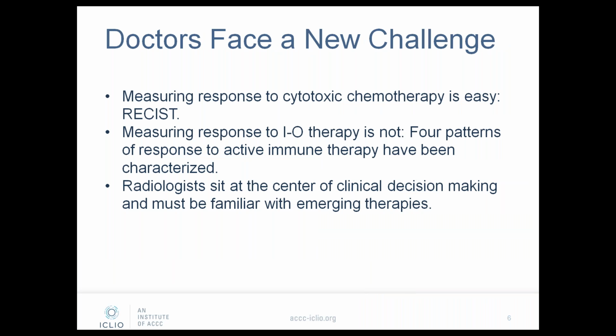So as I mentioned before, measuring response to cytotoxic chemotherapeutics is relatively easy. We look for either new lesions, which automatically puts a patient in the progressive disease bucket, or we just measure the target or index lesions that were seen on the initial staging scan. And we do routine measurements of these, and we report the measurements with the comparisons, and we try to assess whether there has been, again, response to therapy, stable disease, or